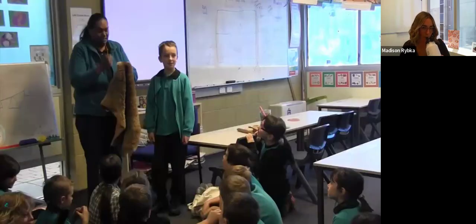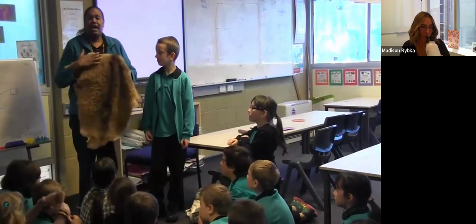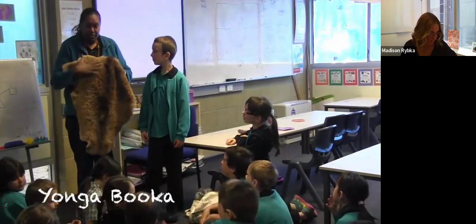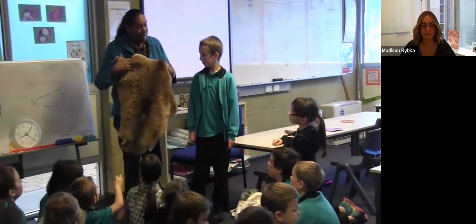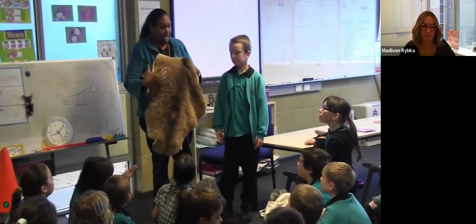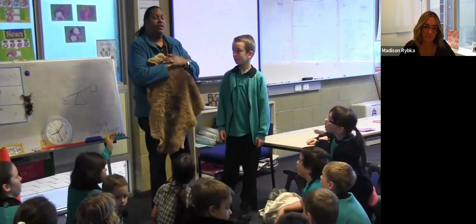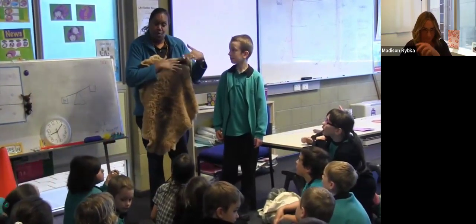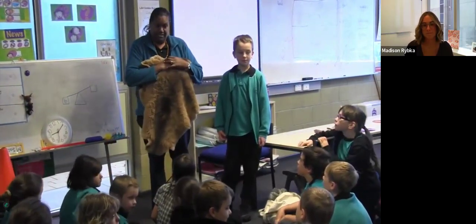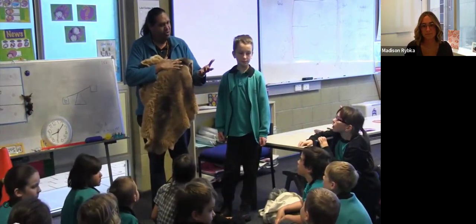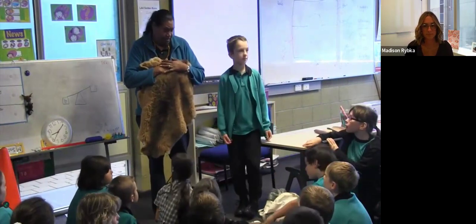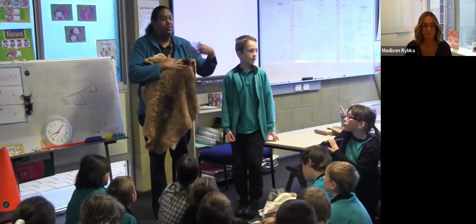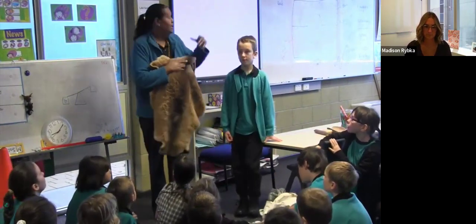So our Yonga book orca. So this is a kangaroo coat or a cloak. So kangaroo was part of our food. Okay, we ate the kangaroo. But a lot of people think that we ate kangaroo all year round, but it's not the case. Because remember I said if we ate kangaroo all the time, what would happen? We would have no more kangaroos around. So we actually have to let the kangaroos breed a little bit so that we can have some more kangaroos.